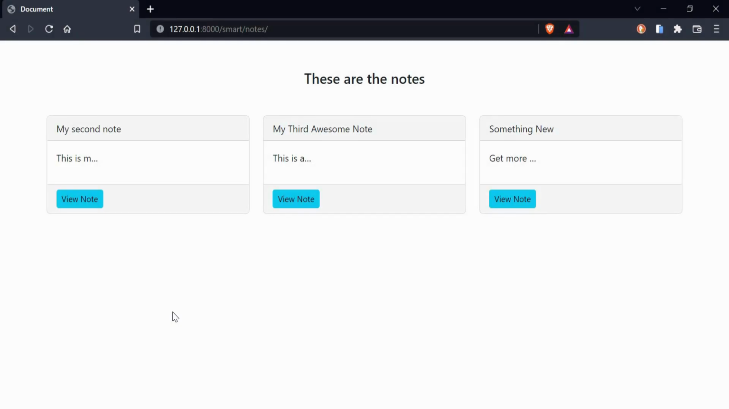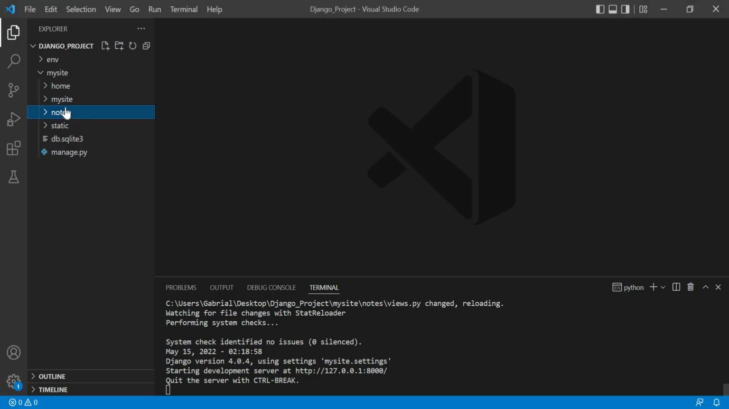Right now, notes are created, edited, and deleted by only admin. We need to give this functionality to the other users too. Let's see how we can do that. So the first thing we need to do is get back to our code, go to